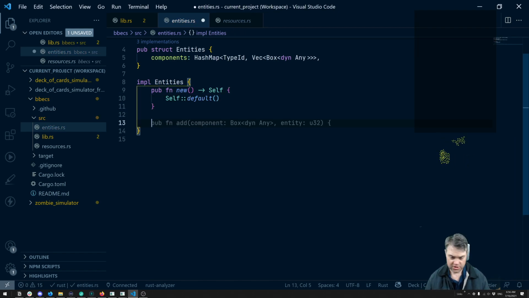And now let's do an insert. Okay, so we do an insert, we can do an add. Okay, so we have our, well, no, we need self for this. And then